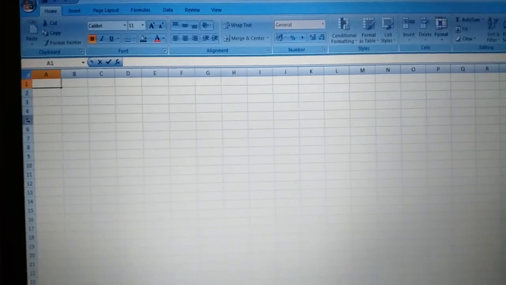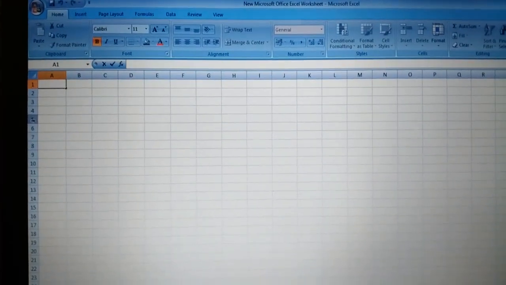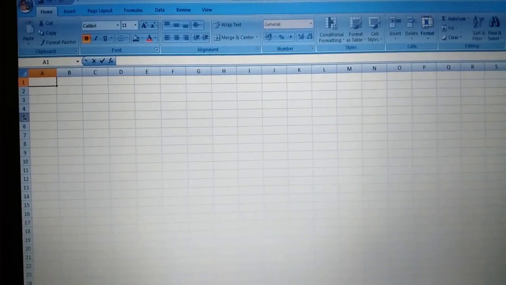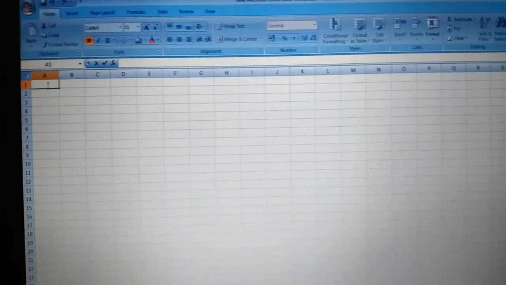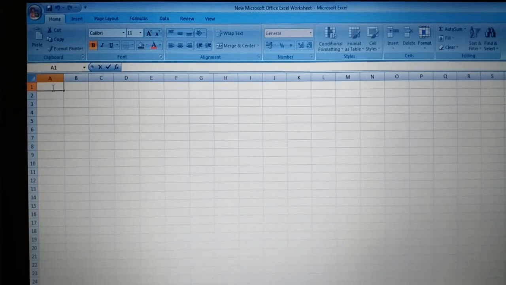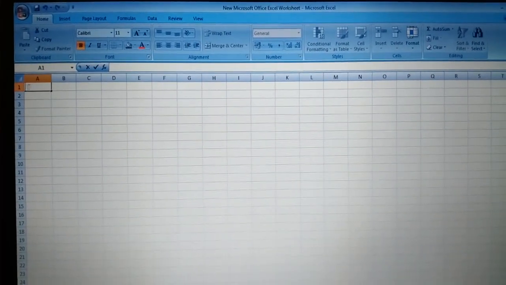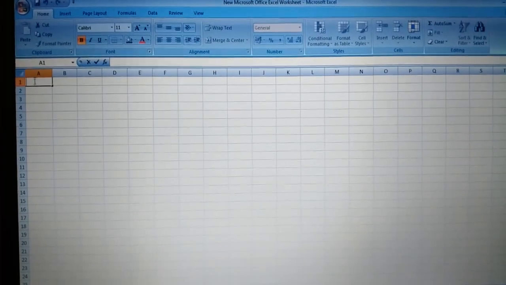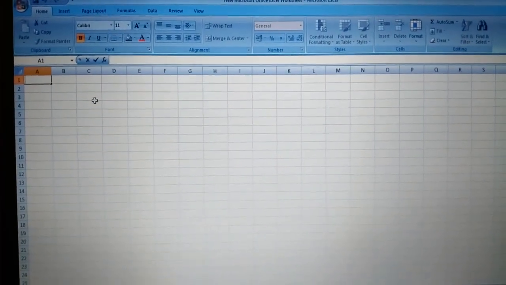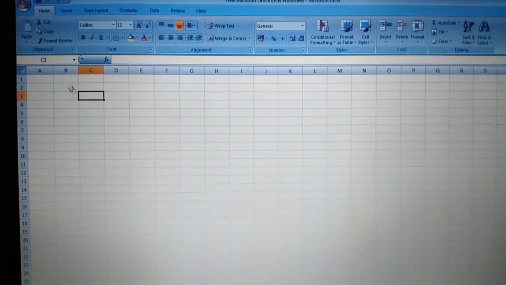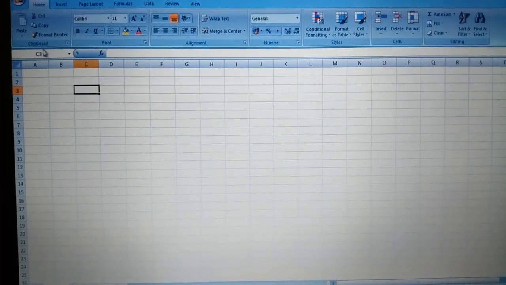When a column and a row intersect, they make a cell, and the name of the cell is the column name followed by the row name. First you call the column name and then the row name. That is, this cell name is A1. If I select this cell, then it will be C3. Here you can see the name of the cell.